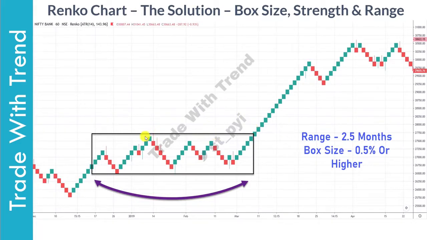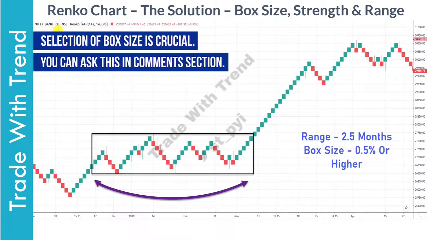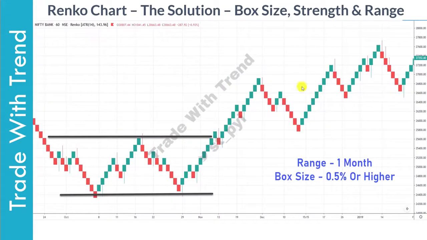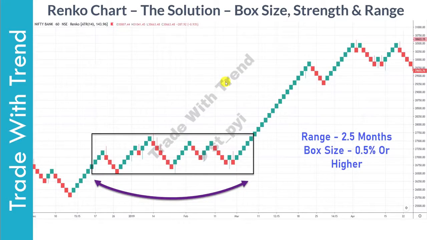Now, if you change the box size in this time period to about 0.3%, or even if you change the time frame, because I use this on a TradingView platform, so this does plot Renko over time frame. If you go down to something like a 15-minute, 5-minute or a 10-minute time frame, there will be a lot of false signals present in this region in terms of double top resistance or support and triple top resistance and support. So which is why when I was researching about Renko chart and its application in terms